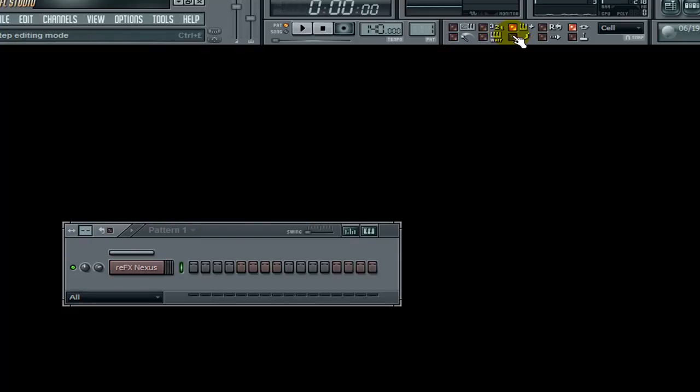Then right here you have your step editing mode. And each little block right here is called a step. So what step editing mode allows you to do is, once you're in step editing mode, as you play your MIDI keyboard or your regular computer keyboard, it'll just fill in each step as you play. So let's say